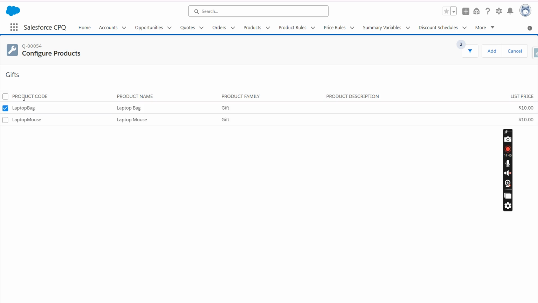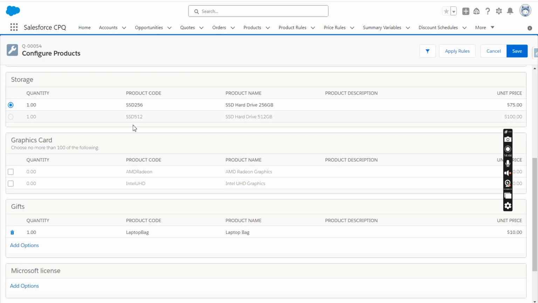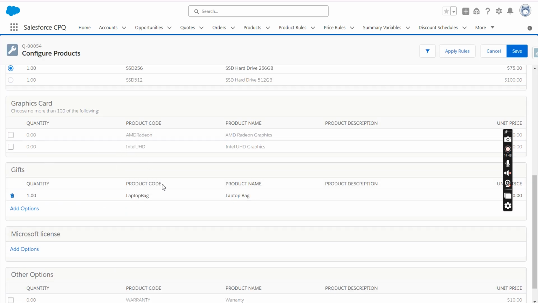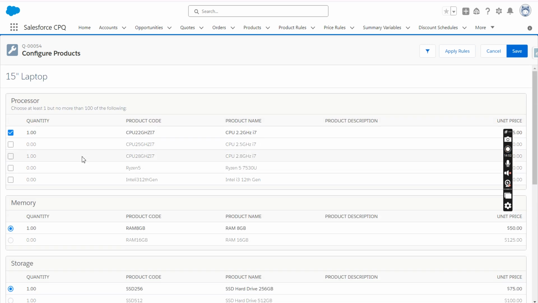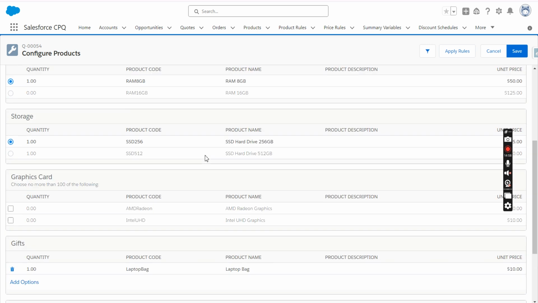Now I can just select any of these and then click on add. As soon as I add it, that particular product is added to the feature, and I can see that the laptop bag has been added. So now we can just save it. Let me give a value here, and then let's try to save it. So now you can see that